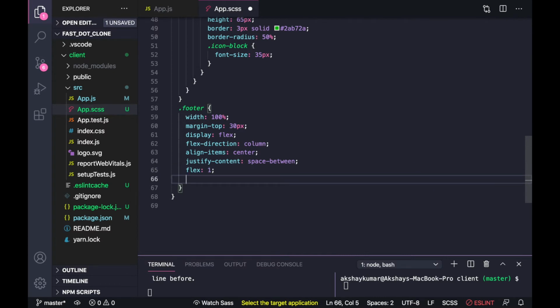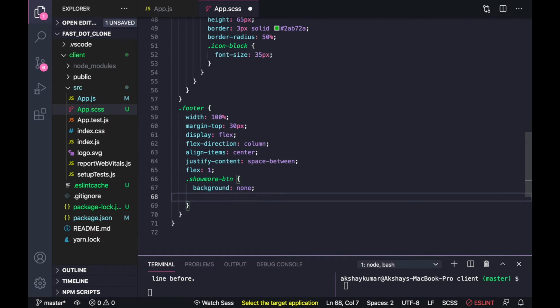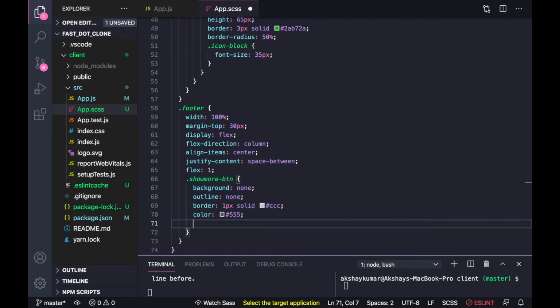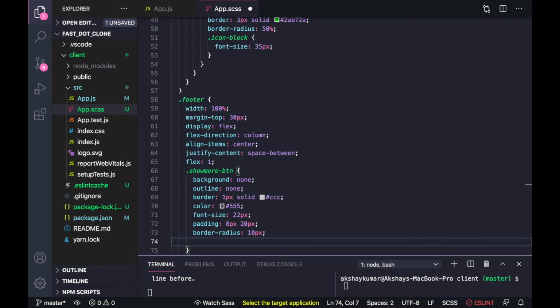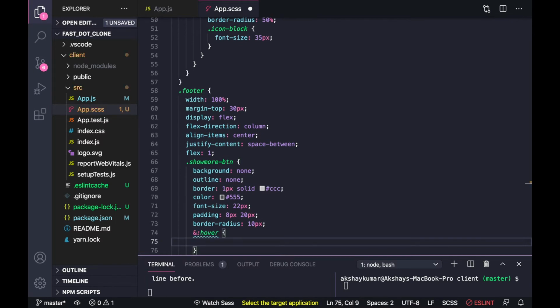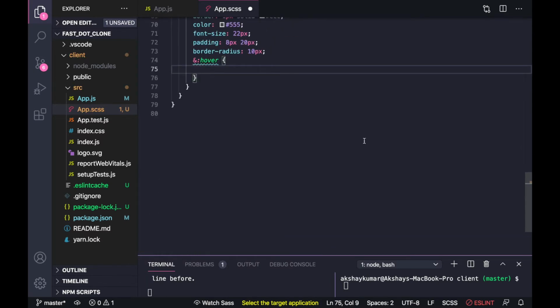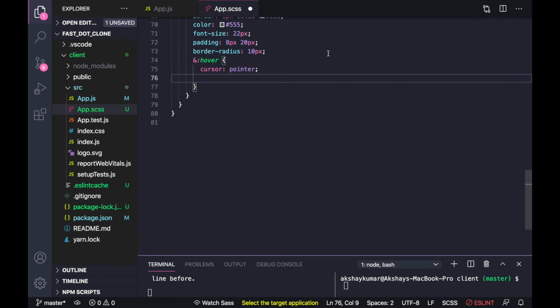Now we will write some style for show more button, background none, outline none, border 1 px solid and some gray color, color dark gray, font size 22 px, padding 8 px, 20 px, border radius 10 px. So we have to give some hover effect also. Cursor pointer, border color some blue color, color will be also same.